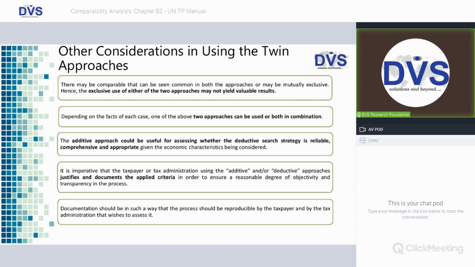it got rejected while applying a few criteria, maybe quantitative criteria of, say, turnover or RPT for that matter. So we can do that check and confirm at the end that yes, whatever comparable companies we have got using the database are comparable for the purpose of the transfer pricing study.